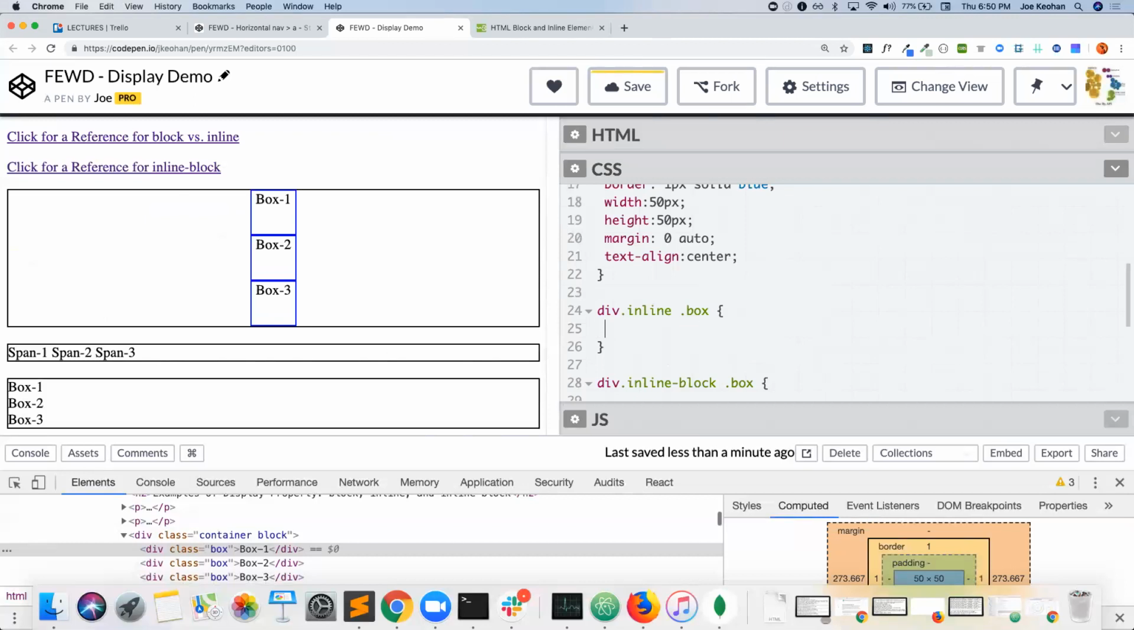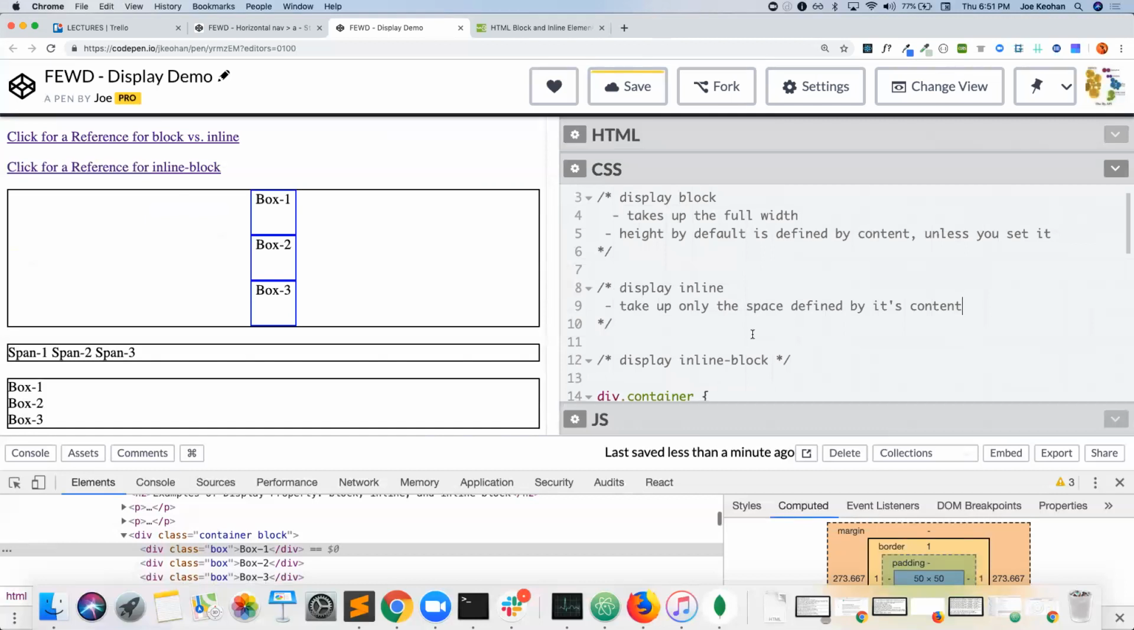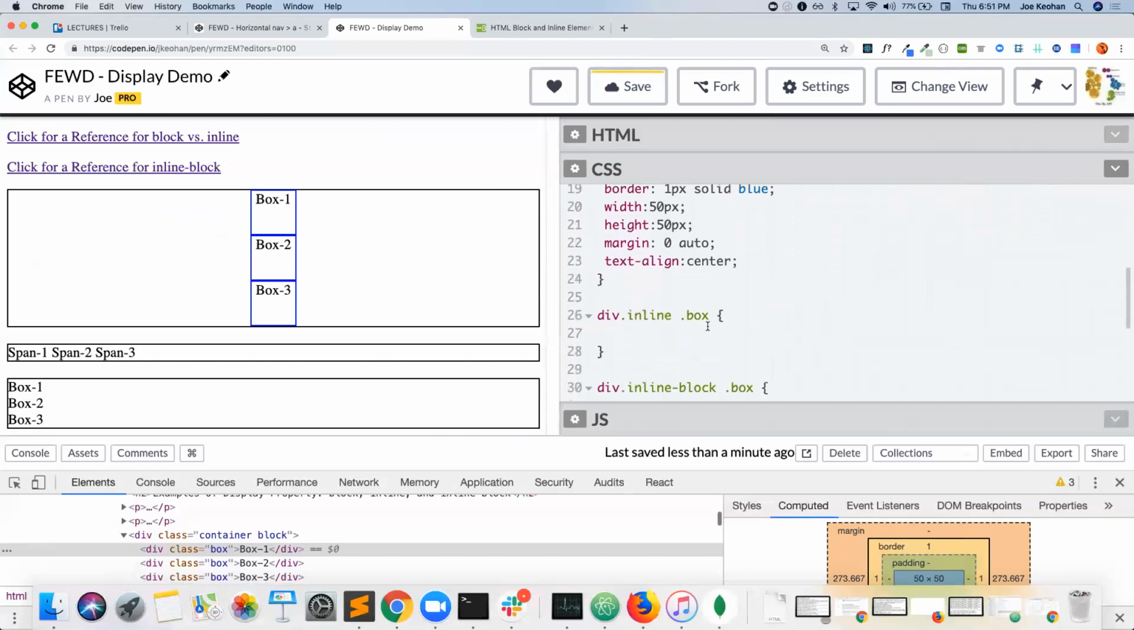What kind of defines an inline element? All right, so I'll just go up here once again with my notes to talk about an inline element. Well, what defines an inline element? Inline elements take up only the space defined by its content. That's it. And how do we know that? Well, I see that these things are sitting next to each other, right? And so I'm going to go down to the inline box and maybe we'll do another border, 1 pixel, maybe solid red,